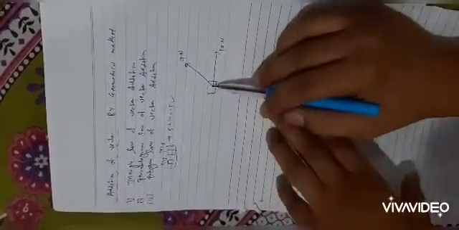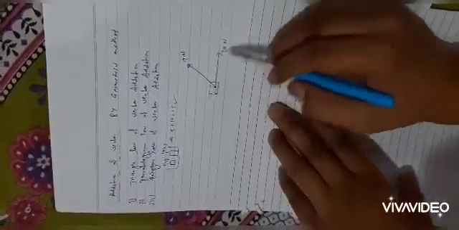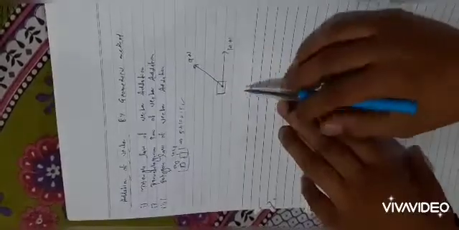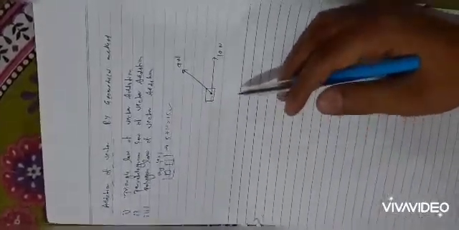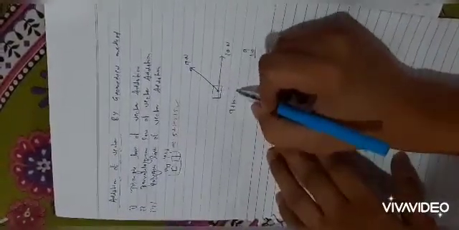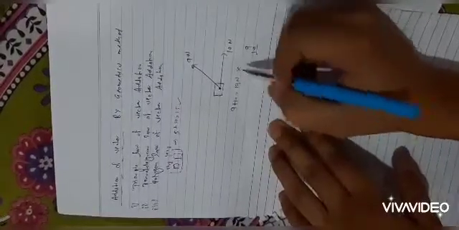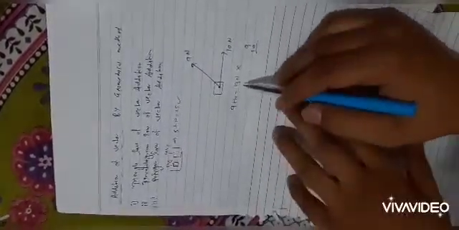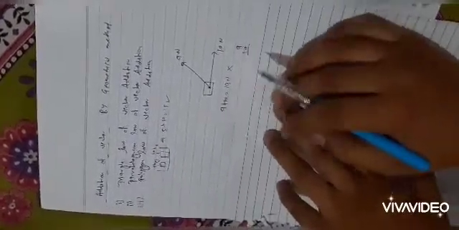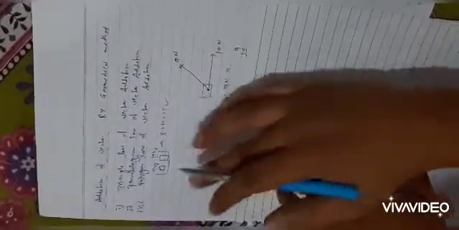But now suppose this is a body and someone is putting force in this direction, and that is 10 Newton, and someone is putting force in this direction, that is 9 Newton. Now we know that we can't add these both, like 9 plus 10 is 19. That will be wrong, because here we have direction also, so we can't perform this simple algebra law. So for this we have a separate algebra law of vector addition. Now let's discuss the first one, that is the triangle law of vector algebra.